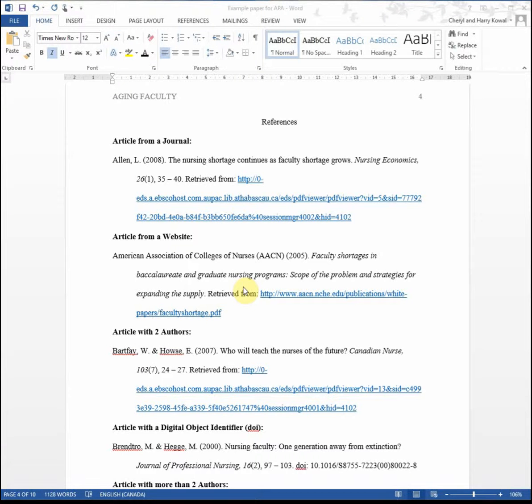Hi everybody, we're going to talk about the reference page and how to attack it a little bit more. So let's get started. At the top of your reference page, you're going to put the title Reference, or References